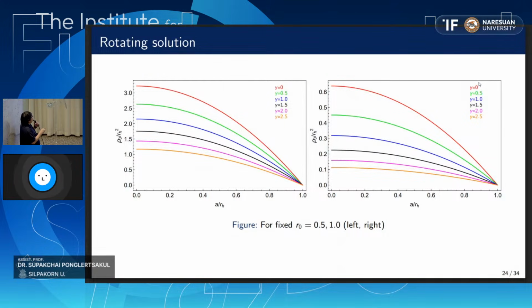And this is a plot where we show the extremality of the solution. So basically, this line represents the extremal limit of each case. So you can see that this is where we vary the gamma parameter. The meaning of this figure is, for example, when gamma is 0, if you move along this line, you will get the extremal black hole, because rotating black holes usually have 2 horizons. Above this, no horizon. Under this curve, you get the 2 horizon black holes as usual. So that's basically the meaning of this plot.